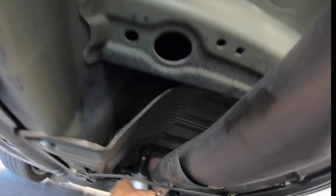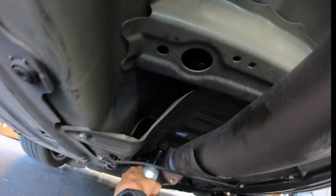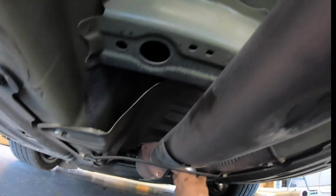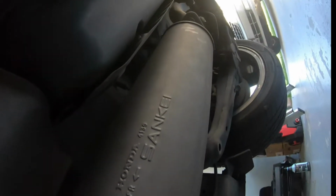There goes one. I had actually broken these loose, so don't think that they were already loose. There goes number 3. And now these over here. Ugh, I think those are actually 12. So, oh yeah, y'all